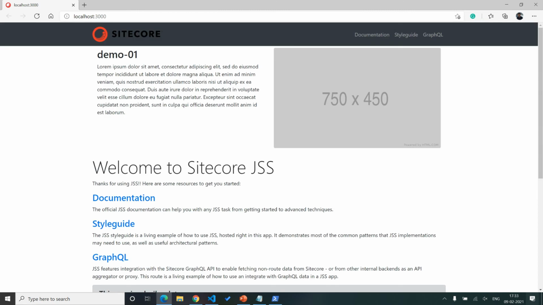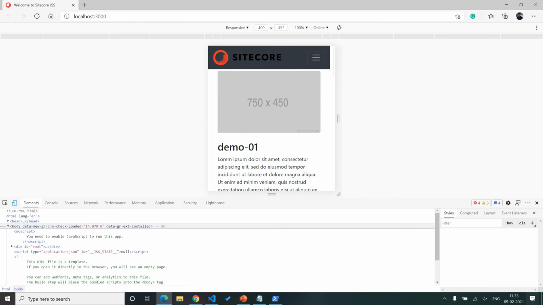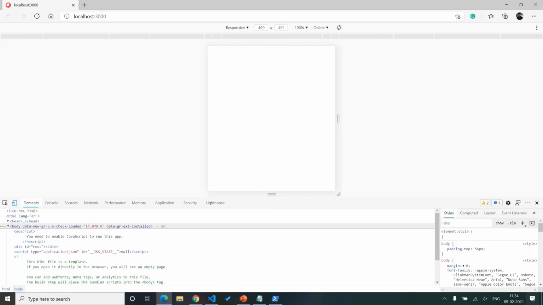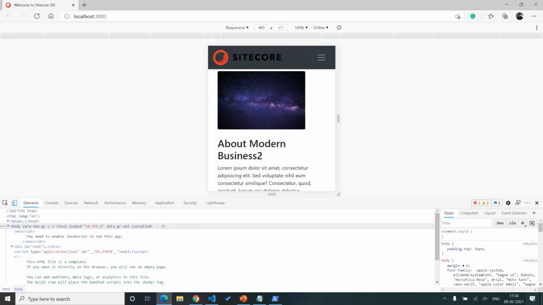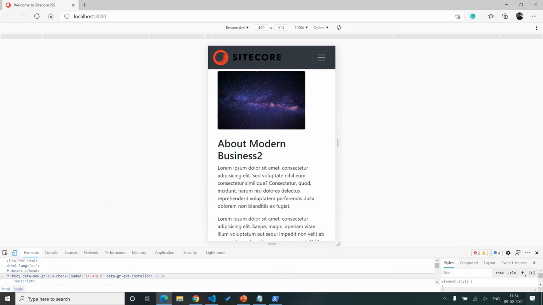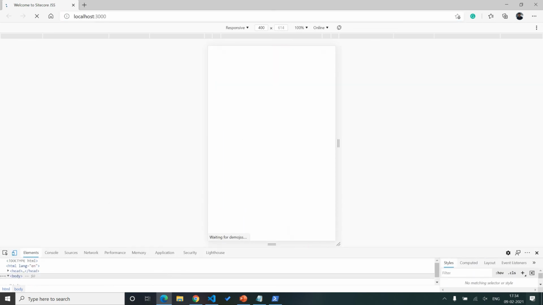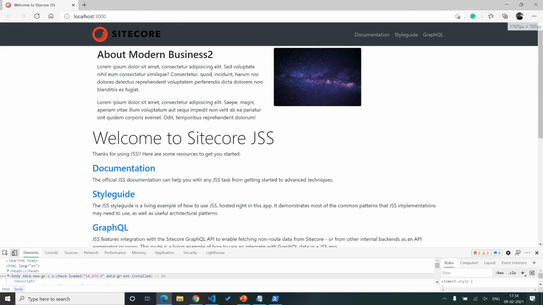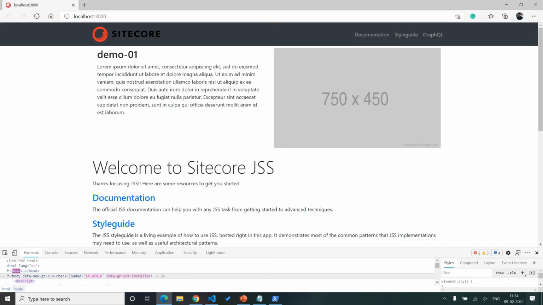Currently we are in browser mode, so it displays the default data source. Now let's open our mobile console and refresh our page. It will automatically change the data source. See, the image is changed, our title is changed. So this is the data source for mobile. Let me go back to desktop mode and refresh our page. So personalization is applied successfully on this component.